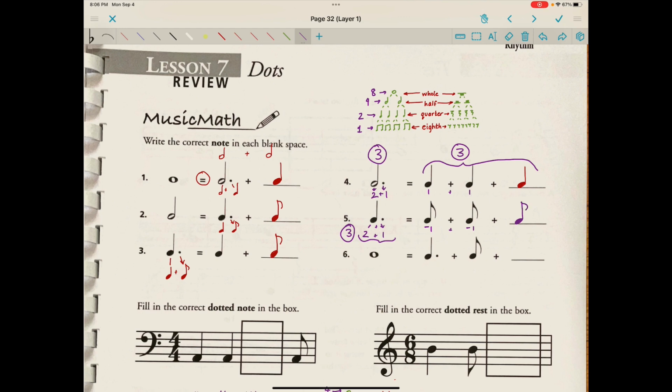Same strategy I'll use down here. Let's just stick with the same eighth note as our pulse note. So this whole note is actually going to be worth 8 beats. The dotted quarter note, the quarter note will be worth 2 plus half the value of the quarter note for the dot, so plus 1, plus another 1 for this eighth note. So far we're at 4. I need 1 note value worth 4 beats. I can look up there at my pyramid that I filled out, and I can know that this must be a half note.